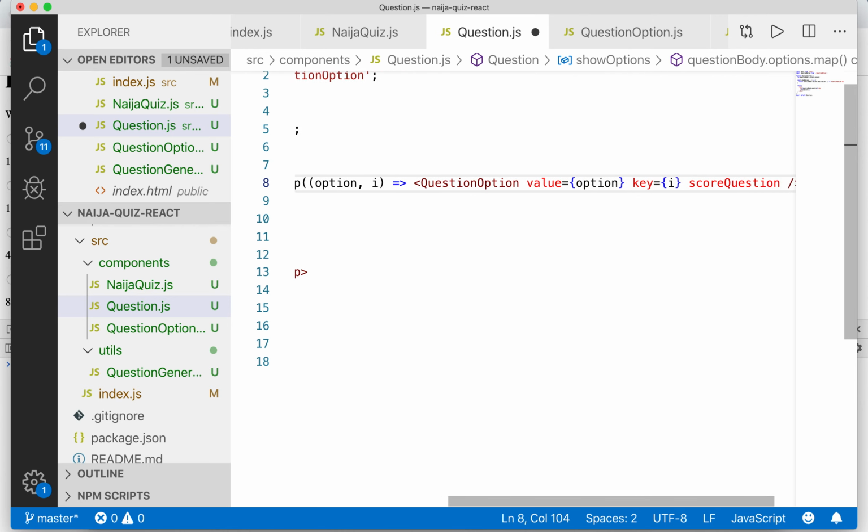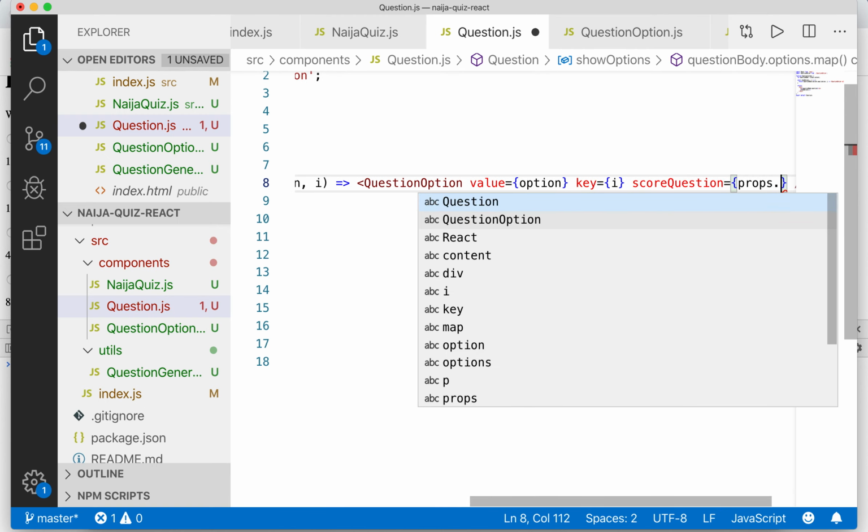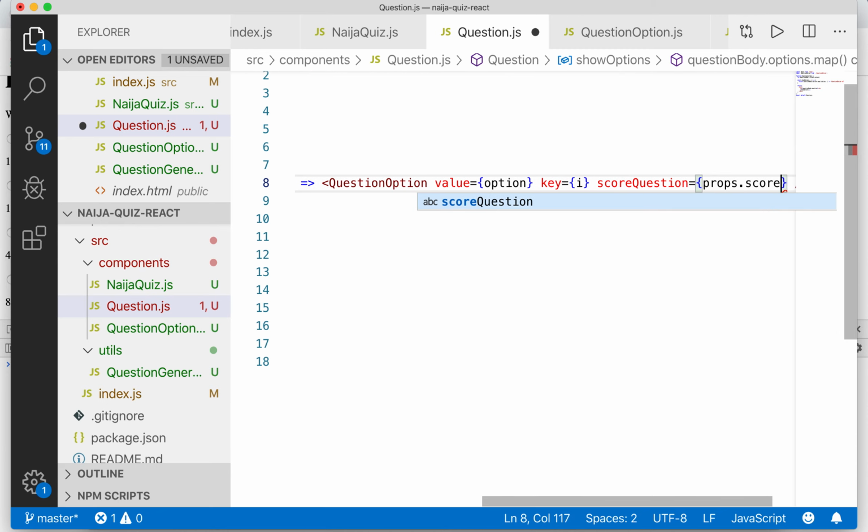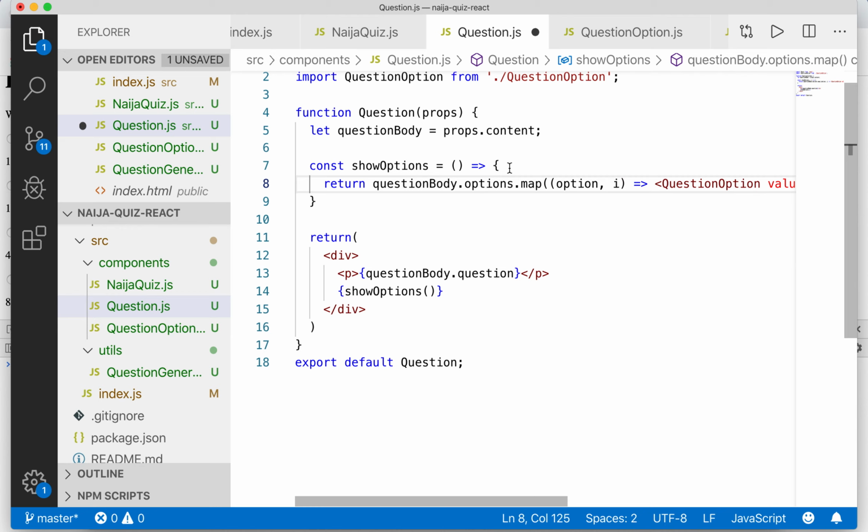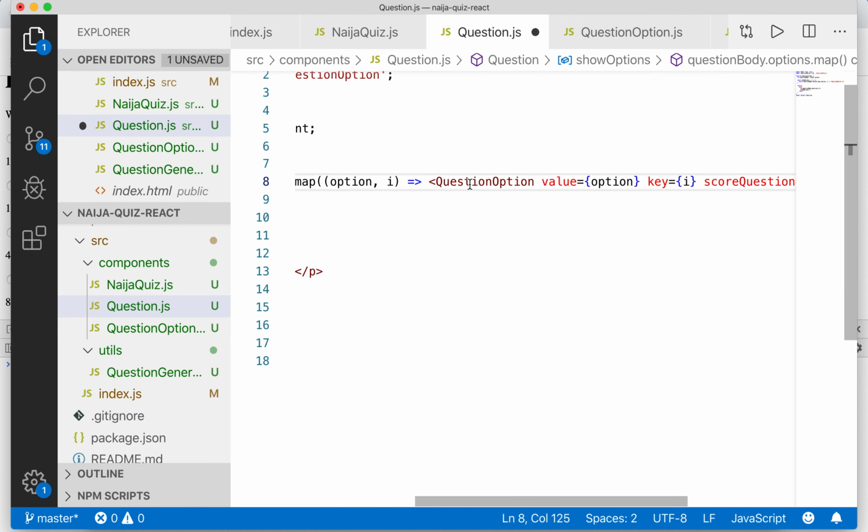You might have to look at this again a little bit, but then you're passing from props, score question. Good. So the score question props coming in from the question component is now passed into the question